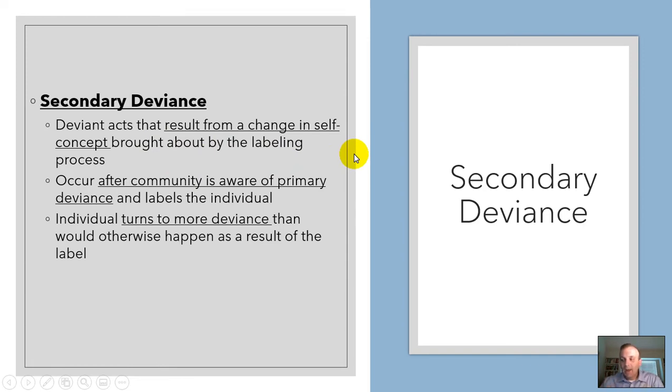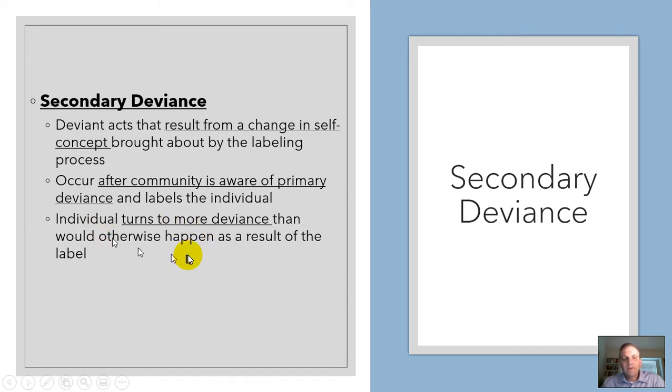So if society, whatever society is, a group, the neighborhood, a community, recognizes that the individual is out there smoking marijuana or stealing candy out of the store, the community becomes aware, and then they attach that label. They assign a label to the individual. Oh, Tommy's a little thief, he's out there stealing stuff out of the corner store. Or, Susie May, she's over there smoking marijuana, you can't go hang out with her. Nobody should be hanging out with her. So the community becomes aware and assigns that role, and then the kid will hear that. Well, my parents won't let me hang out with you. You're smoking all these drugs and stealing things.